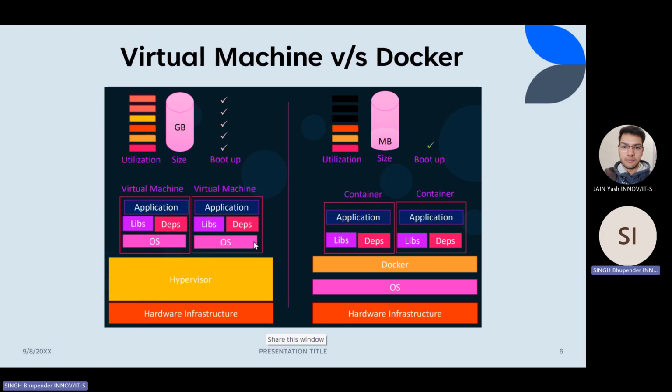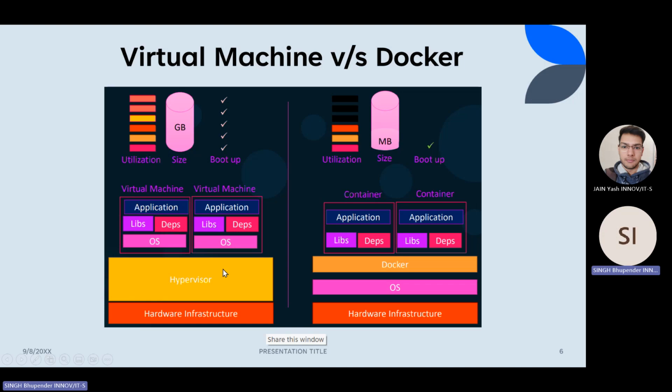For example, in an Ubuntu virtual machine, you will have things like Firefox and a word processor and all those things. But these things are not required in a container, since a container is specifically kind of a bucket that contains only the main software required for running an application.